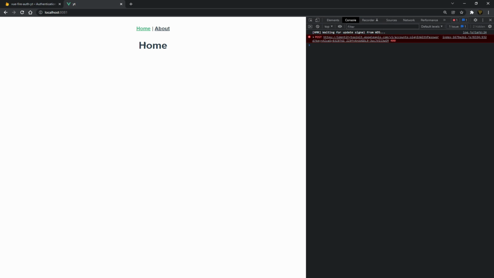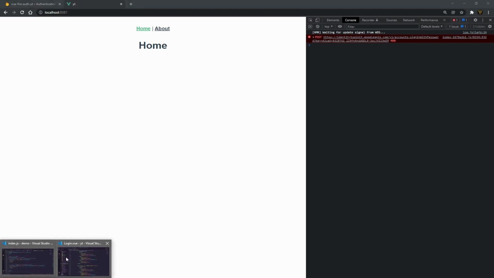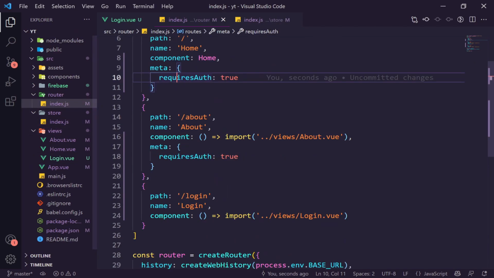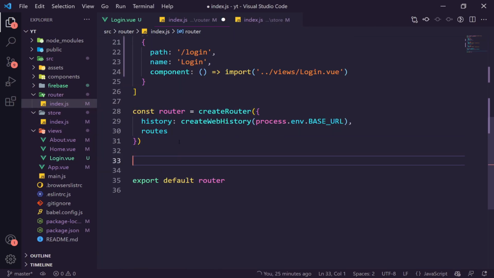So that's working, but obviously this isn't secure. Anyone can still get to home. Let's put in some navigation guards inside of our Vue router. So let's go down here, let's go into our router. As I said, we're going to need to do more to our router. So we're going to say